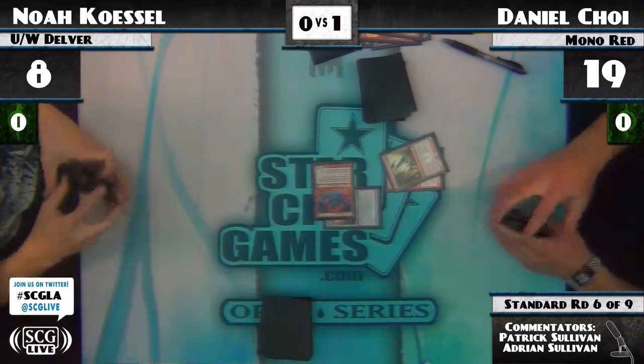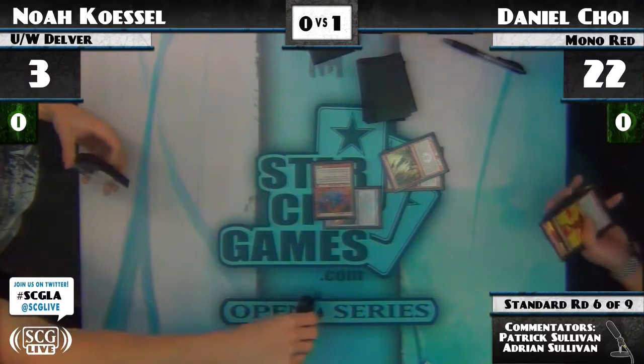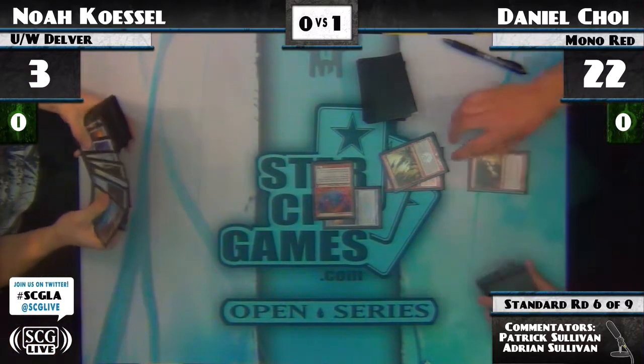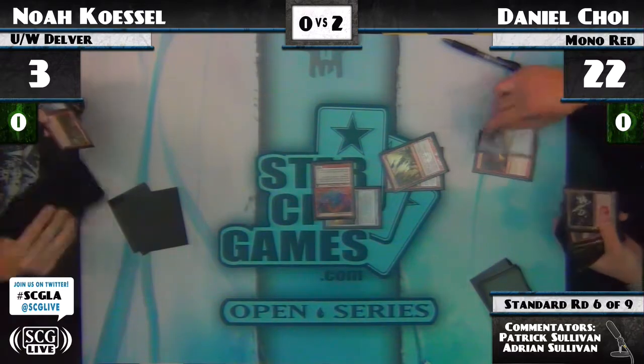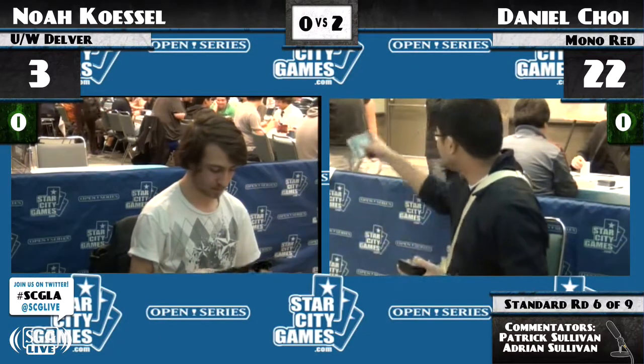Noah keeps a speculative hand in the second game and isn't able to draw white mana for the entire game, and that is that. One of the things, if the metagame continues to start moving towards Delver decks,